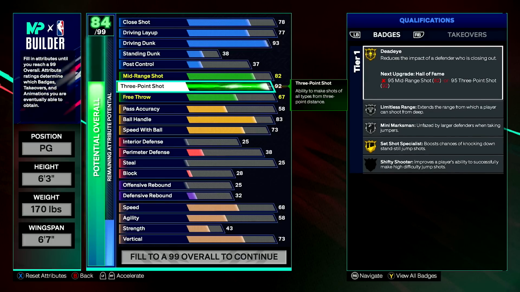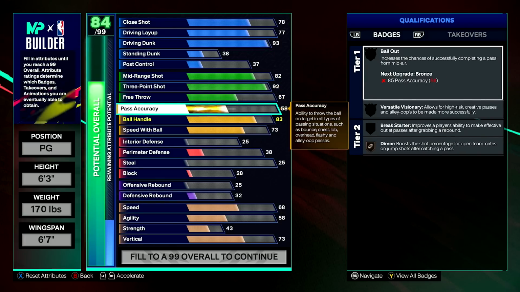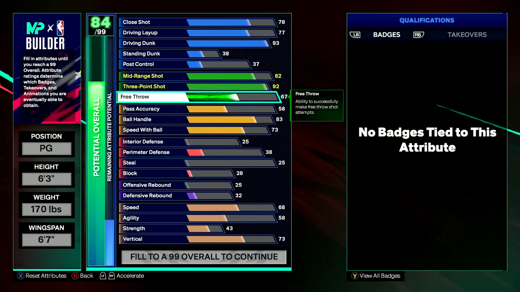So go ahead and keep this at a 92 3-point. But now we are here at the playmaking category. In this build, I want to play with it on the 1s, the 2s, the 3s, and everything like that. Even the rec if you want. I mean, with the free throw, you could change this up to your liking, but me personally, I never upgrade